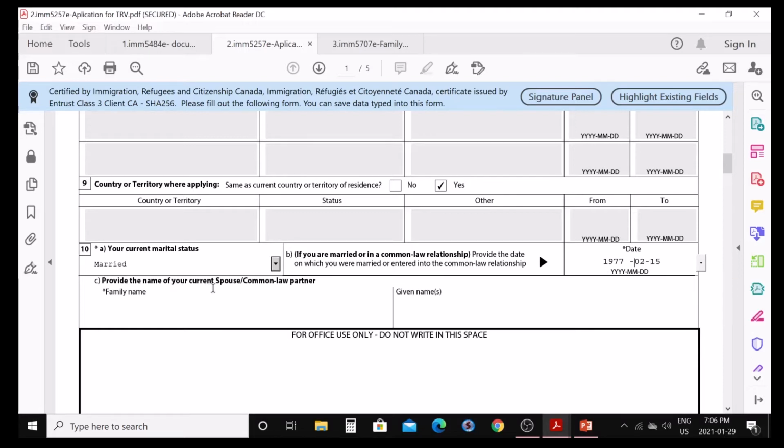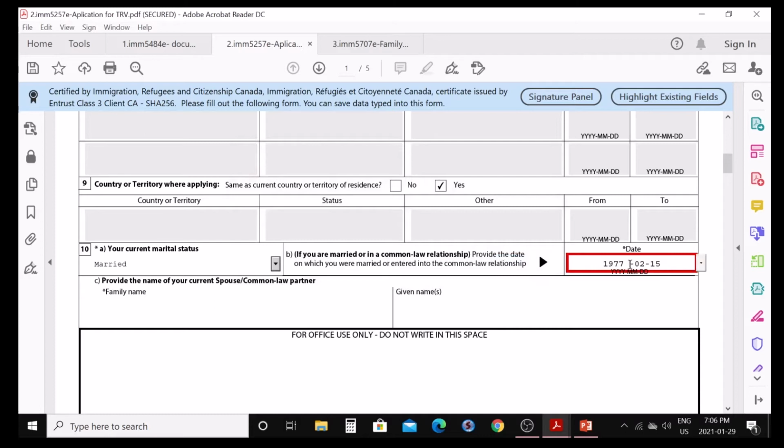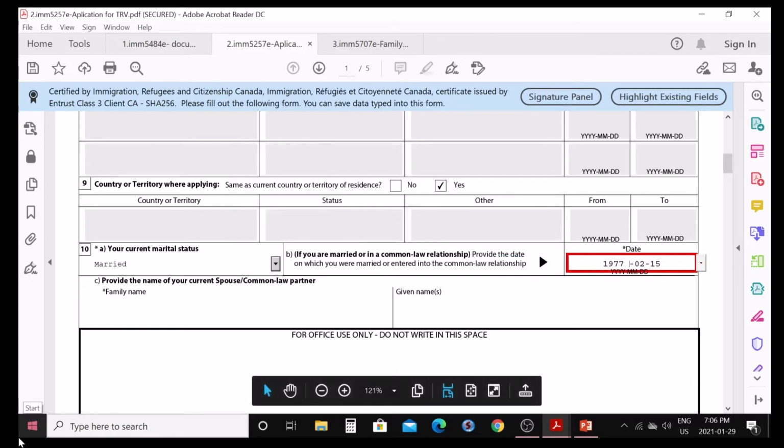Provide the name of your current spouse, common law partner. So same, you wanna apply the same rule. If you have given name and family name different on your passport, on the spouse partner passport, that's good. If you don't, write the whole name here. Just a minute, I need to fix this. Okay, there was an extra space.